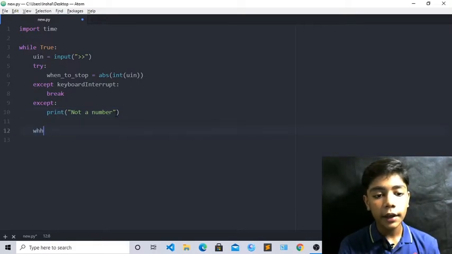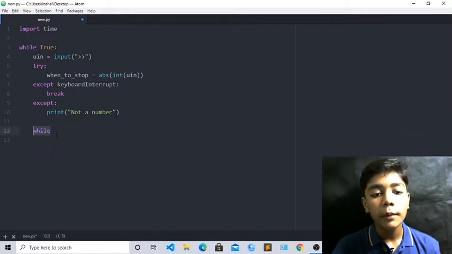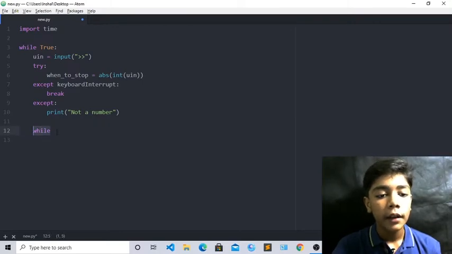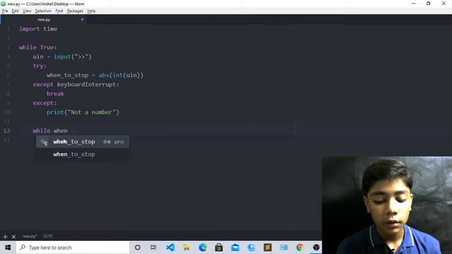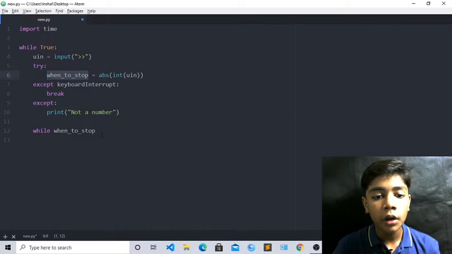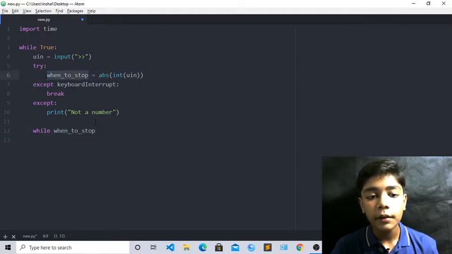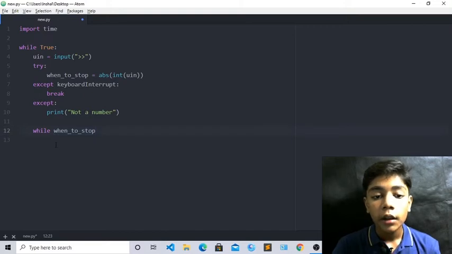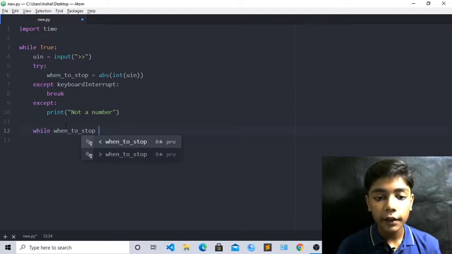Now we will write again while. Like I showed you, there is the while tag, and I hope you all remember what I told you related to the while tag, and this while tag also has really great importance in Python. Now you can see in front of the while tag we will write here the when to stop tag. We have written this tag here also, and now we are writing it in front of while, because we have to define this tag again and again. Now when you have done this when to stop, we will write this tag here.